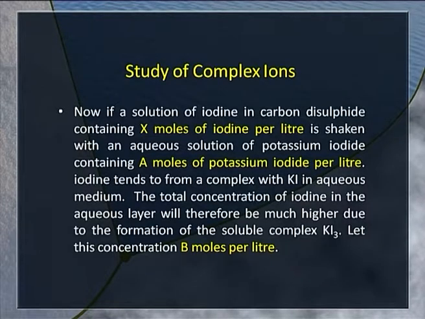The total concentration of iodine in the aqueous layer will therefore be much higher than in simple water, because of the formation of the complex ion KI3. Let this concentration be B moles per liter. So, because of this, the concentration of iodine in carbon disulfide layer will fall from X to X minus B